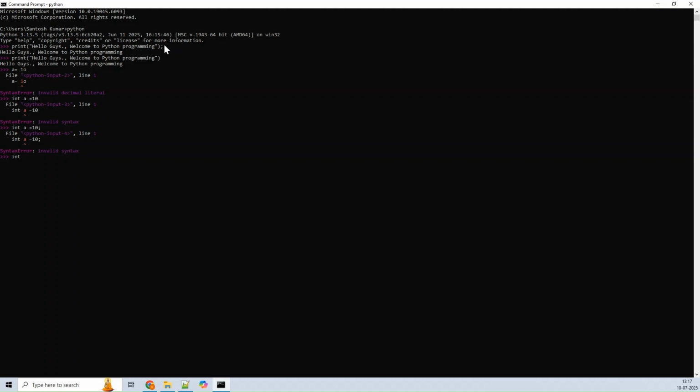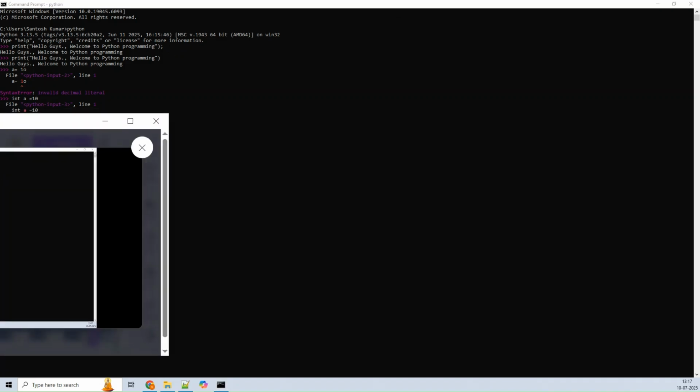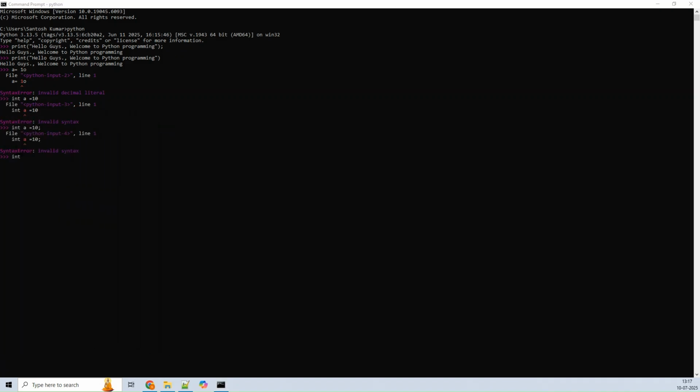Int a. You can utilize any of the syntaxes, but in Python, sorry, my bad, you just need to type like this: a equal to 10. Now what I want, I just want to print my a value.